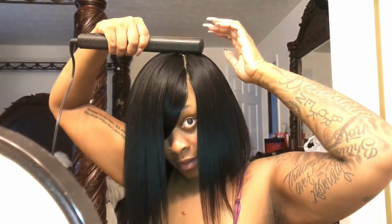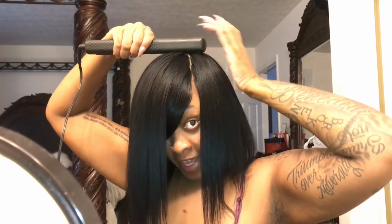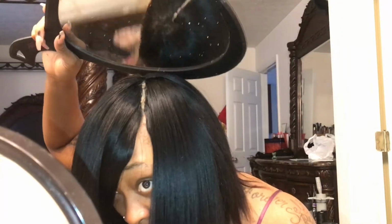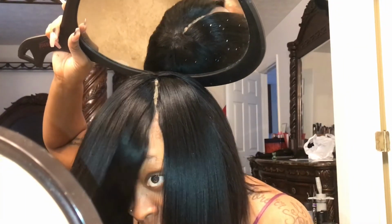And then last but not least, I'm going to go ahead and take my Got2b Freeze Splash Spray, spray it up there, and then add heat once again. And then I'm going to look at it once again, just to make sure I like how it looks. The only thing I don't like is there is still